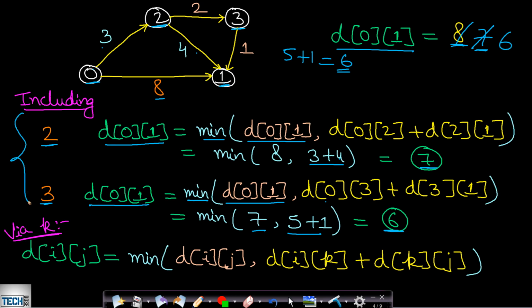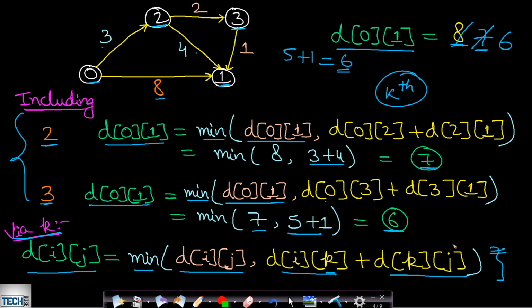So this is the algorithm for finding the shortest path between two vertices. In this case we will be calculating the shortest path among all the pairs of vertices. Now this entire formulation can be generalized. Let us say we are including the kth vertex, then the distance from i to j will be equal to the minimum of the already known distance from i to j, otherwise the alternate path which we will have after including the kth vertex, which is from i to k plus k to j. I hope this is a very simple formulation to understand. So this we will be using in this entire algorithm.